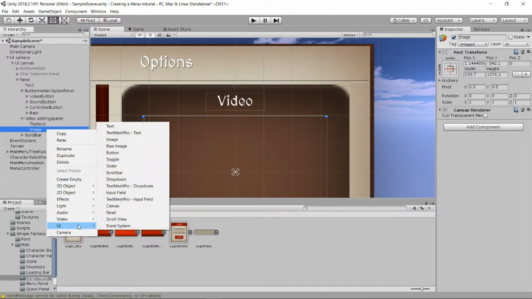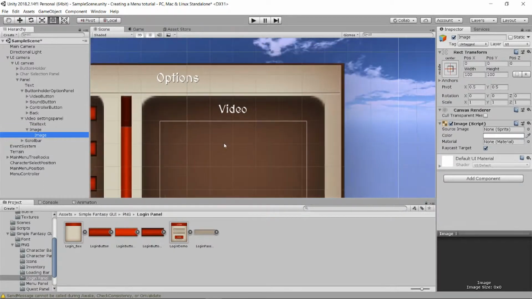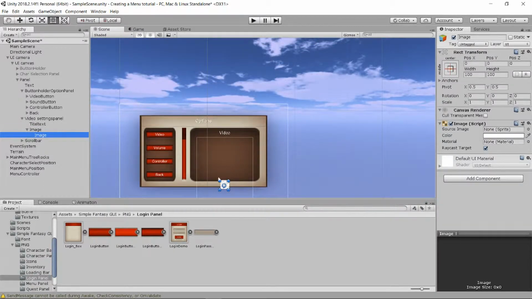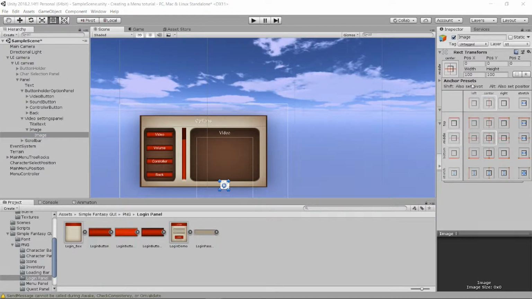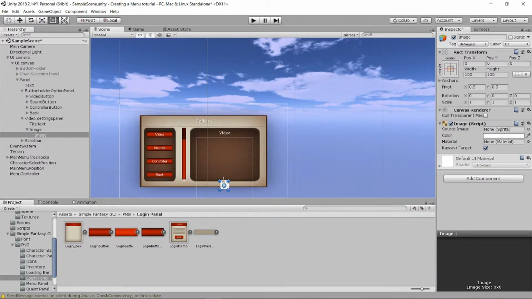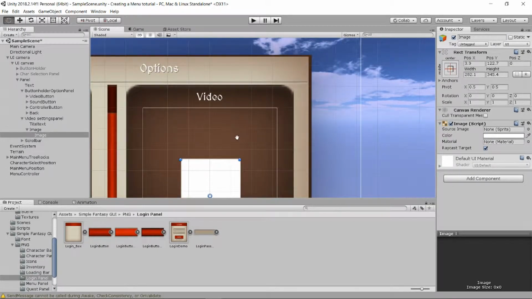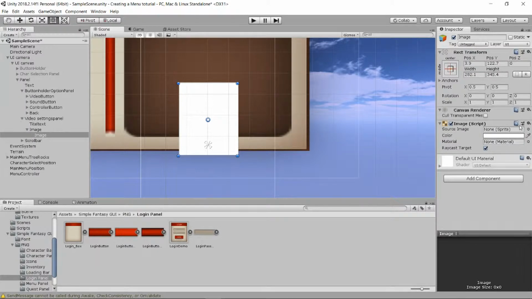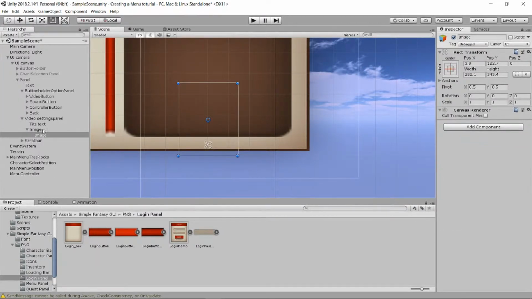So UI image, go, and then we're gonna say align to the top. No, we're not gonna align it, we're just gonna scale it, and then we're gonna remove the image,